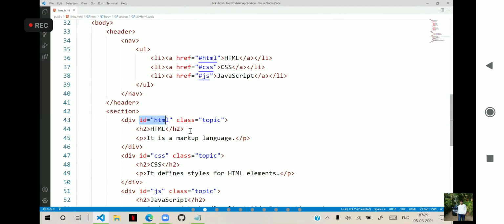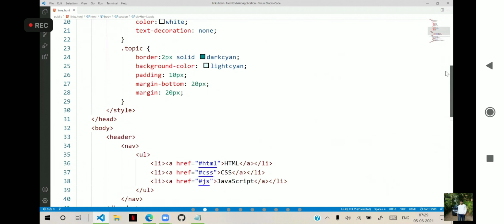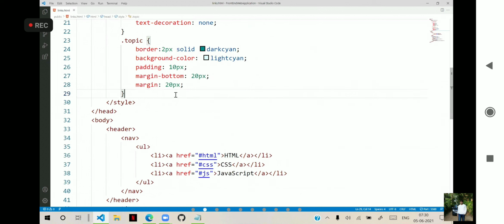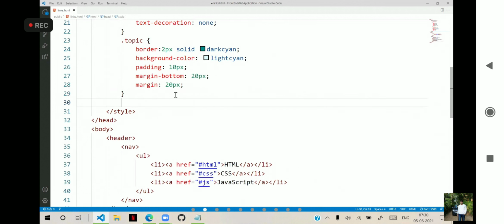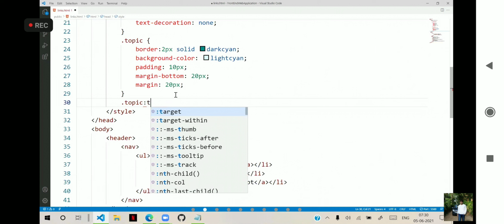The topic is becoming the target, but it is not scrolling to that location. So what we do is we write like this: .topic means the div, and if it becomes target,